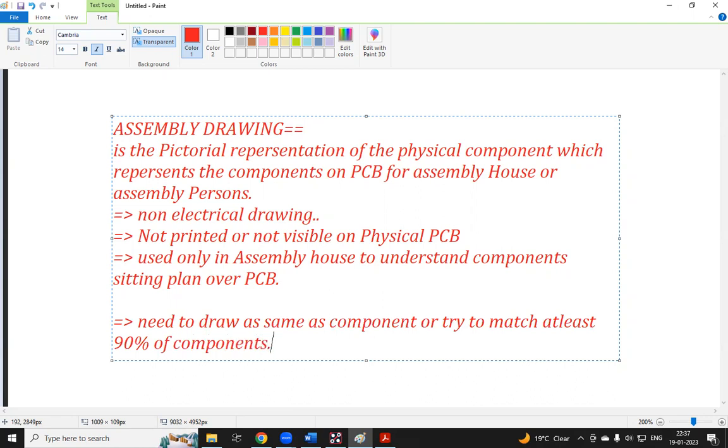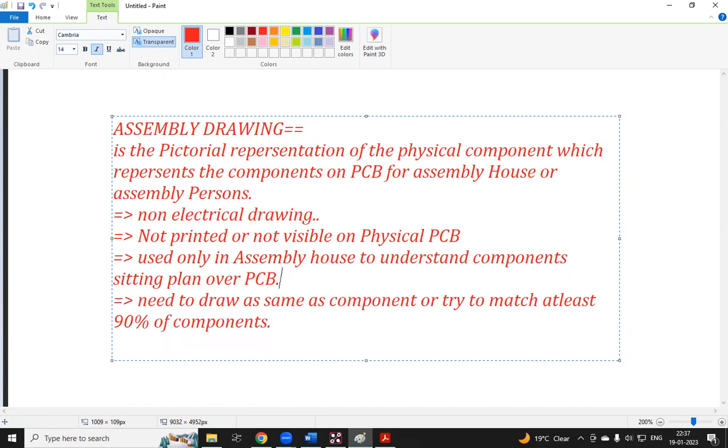Okay, guys, these are the points you have to keep in mind for this assembly drawing. Next point is, assembly drawing can touch